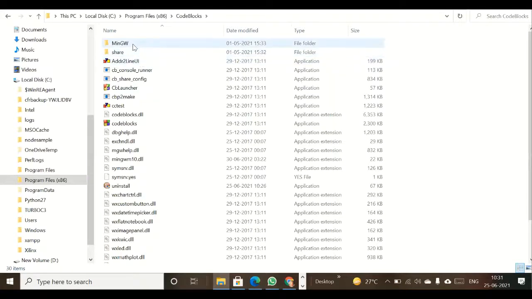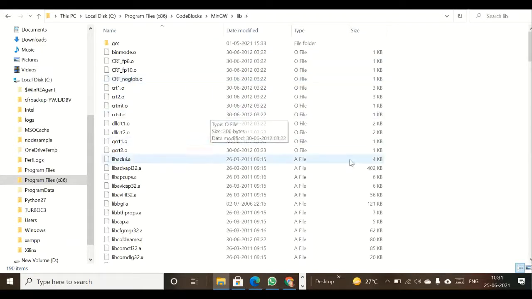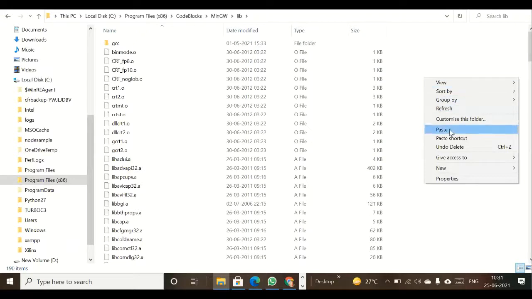Again you go to the MinGW folder. Now you need to go to the lib folder, and here you need to paste those two files which have been copied earlier.